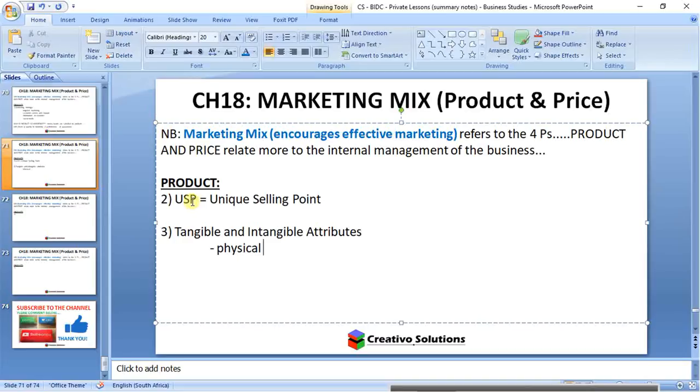But with something intangible like insurance, you can't actually test it. No, right? Unless you go purposely crash into something and then see if the insurance pays out. But that would be pointless. Yeah, then it wouldn't meet the utility in terms of creating value for the consumer. Right. So physical products,